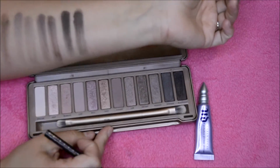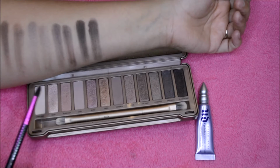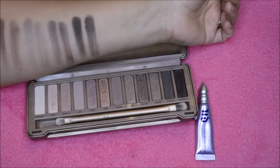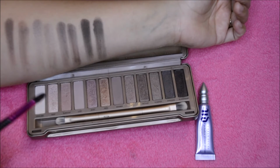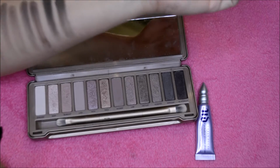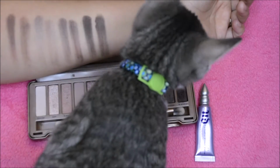Okay, so now from Factory to Black Heart, this is finger, primer potion, finger, primer potion, finger, primer potion. So the finger swatches, I'm not going to lie, come out quite well. When I first swatched them with my finger, I thought, oh my god, why haven't I used this palette in a while? But then when I go in with the brush and do the swatches,